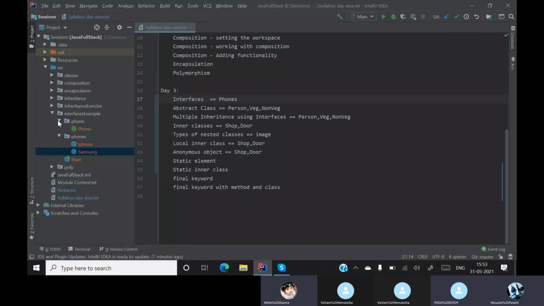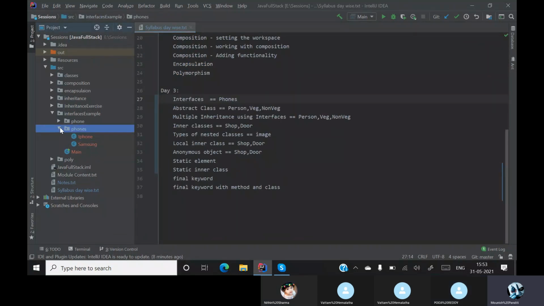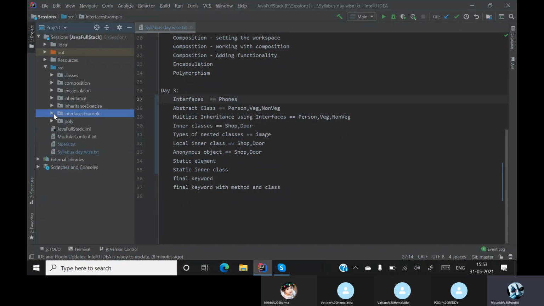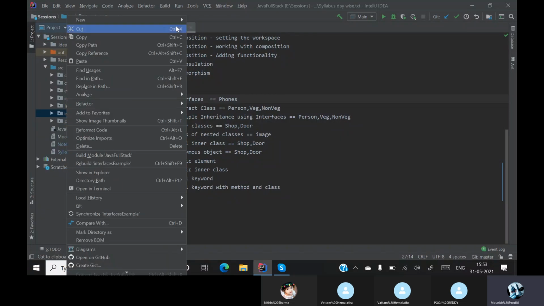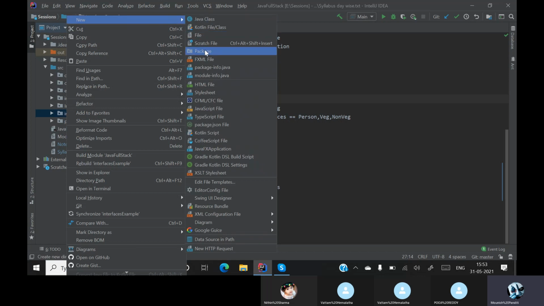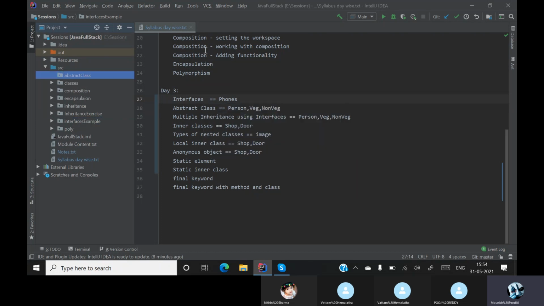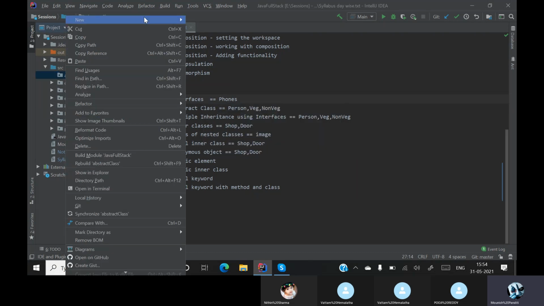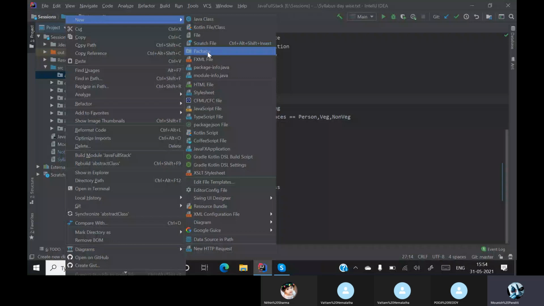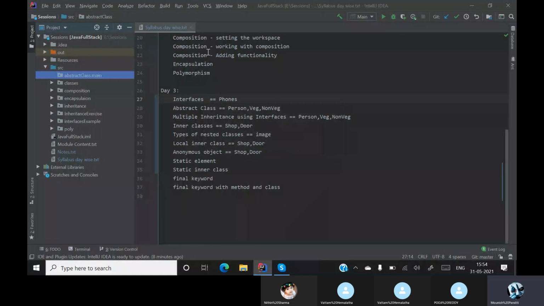Now let's go back to our syllabus, and the next thing is abstract class. So let me create a new package. Let the package name be abstract class. This abstract class package will have a package which is main.